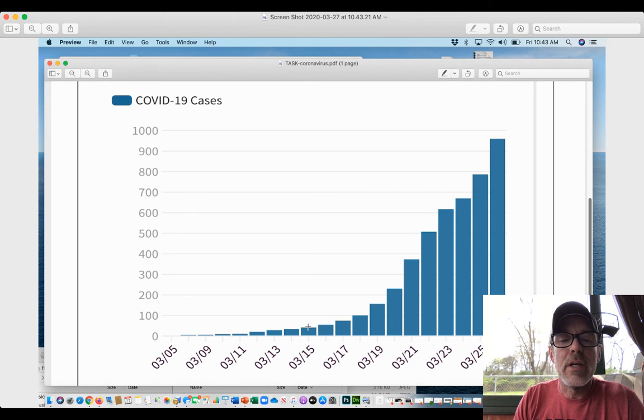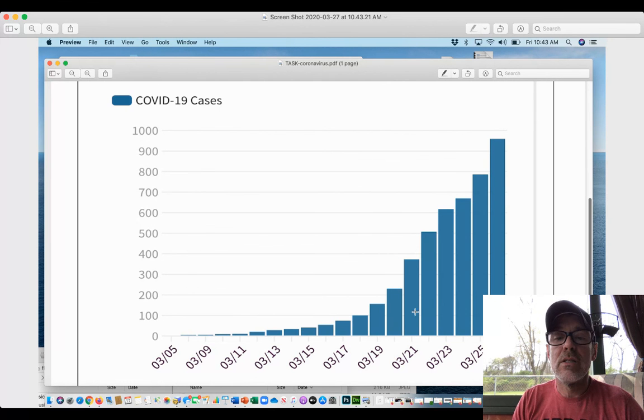It looks pretty much like on the 15th, there were 50. That's about half, or maybe the 16th. I think that's a little more than 50. The 17th looks to be about 75. The 18th of March looks to be 100. The 19th of March, 150. The 20th of March,